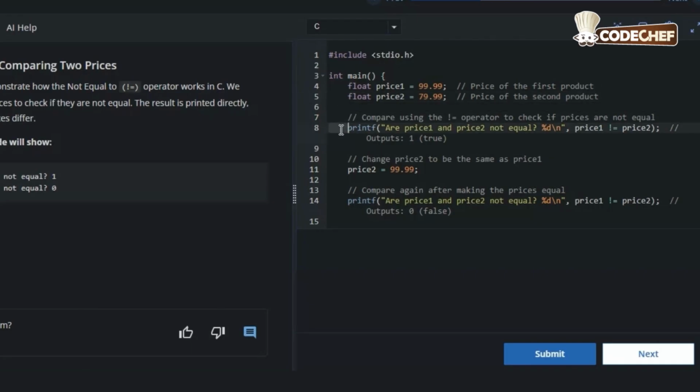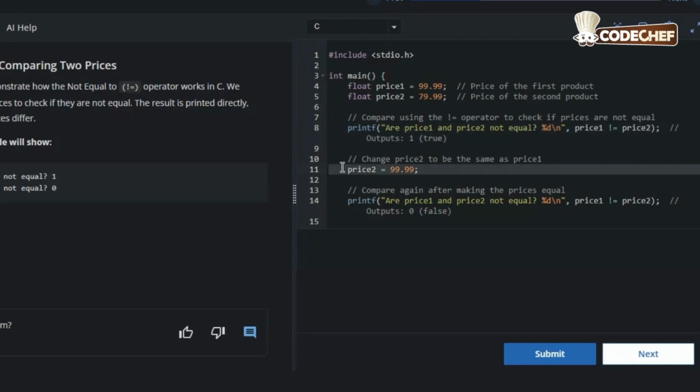Here in our printf, we use our first not equal to. Since price1 and price2 are given values, we ask, are 99.99 and 79.99 not equal, or are they different? In C, comparing the two float variables, both are not equal, and since they are different, the comparison returns 1, which is true.